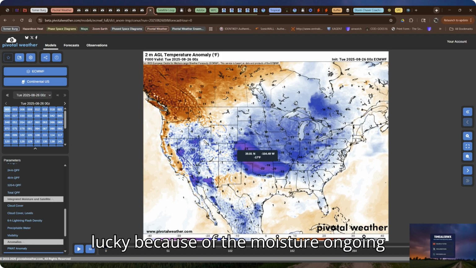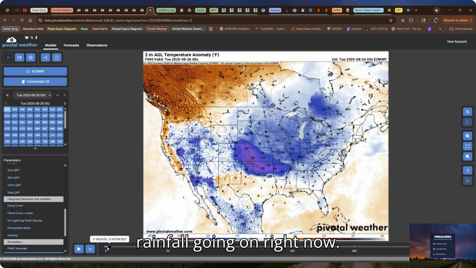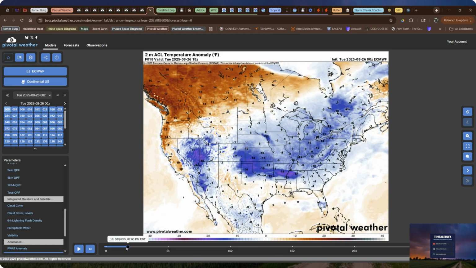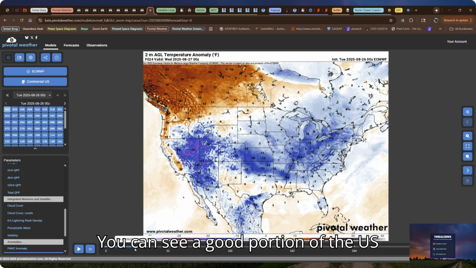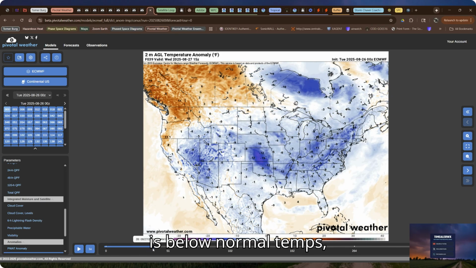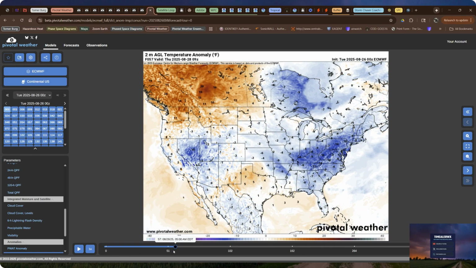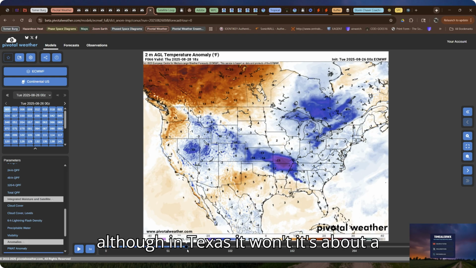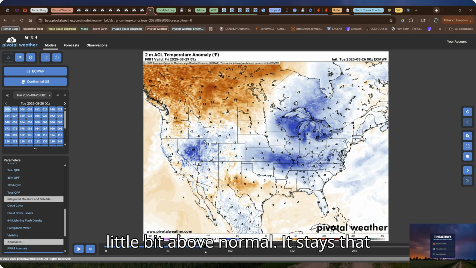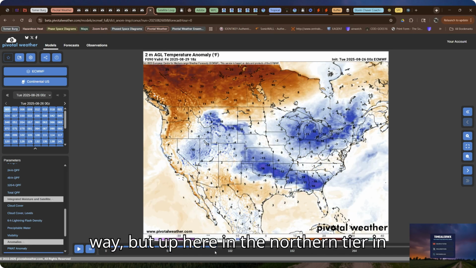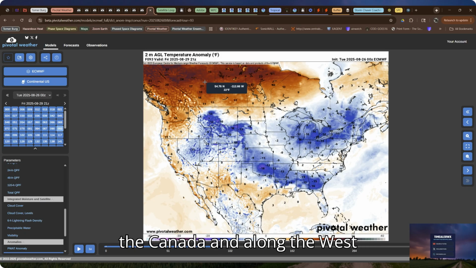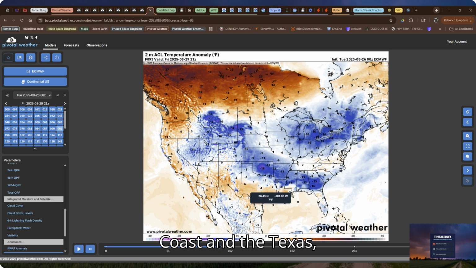This is likely because of the moisture, ongoing rainfall going on right now. You can see a good portion of the U.S. is below normal temps, although Texas is a little bit above normal. It stays that way. But up here in the northern tier into Canada and along the west coast into Texas,